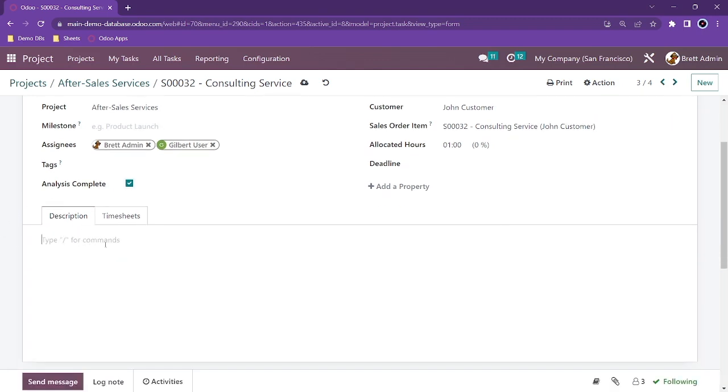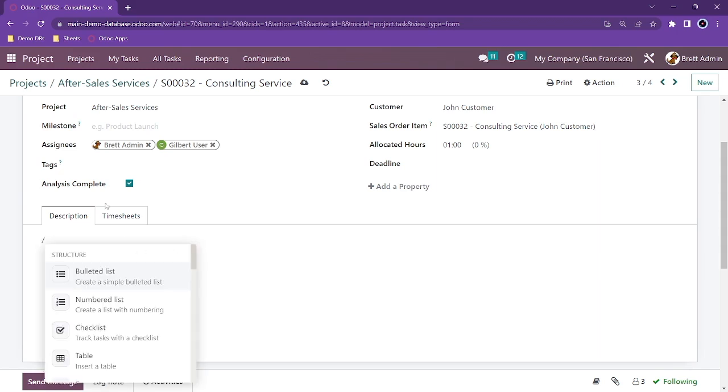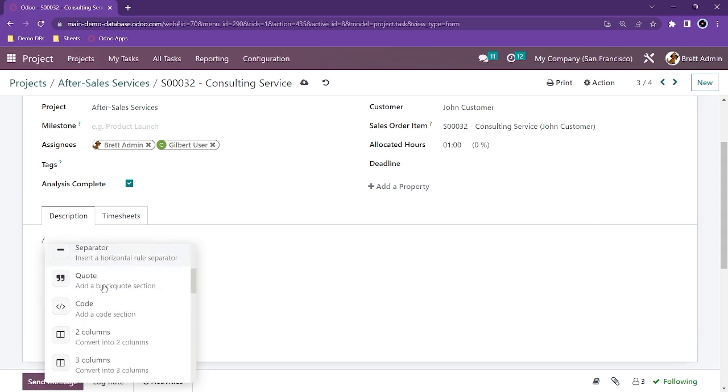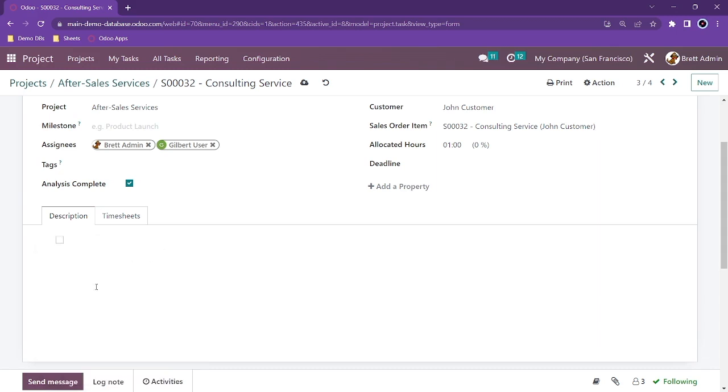So when I'm working on a task, I might need to be very specific about the notes and the description related to it. Every task is different. Luckily, any long-form text field like this in Odoo has a whole toolbox to work with. If I hit the /, I have a ton of formatting tools and content I can add. I could add a to-do checklist,